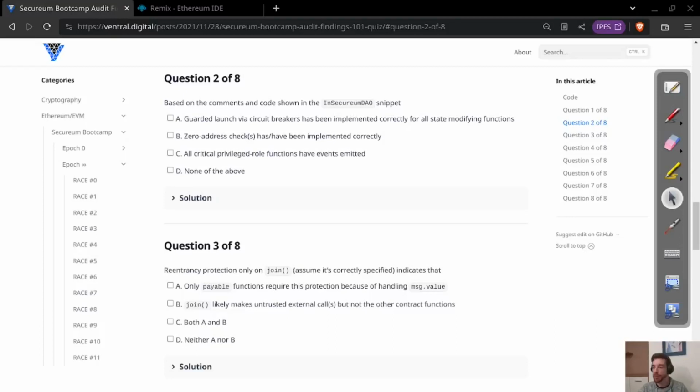Next, we have question number 2 from race number 2 of the Secureum Bootcamp. In this question, it says, based on the comments and the code shown in the Secureum DAO snippet, so remember that we have a decentralized autonomous organization contract here, it A has a guarded launch via circuit breakers, which have been correctly implemented for all state modifying functions. So a guarded launch